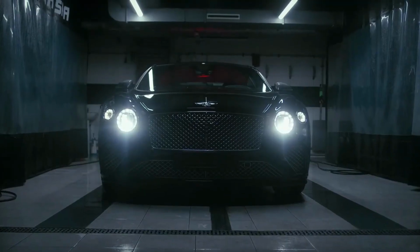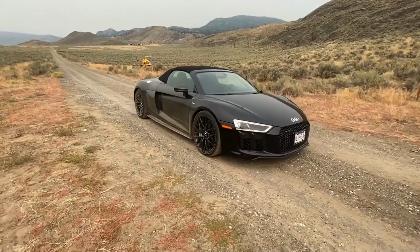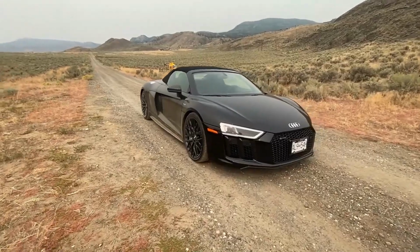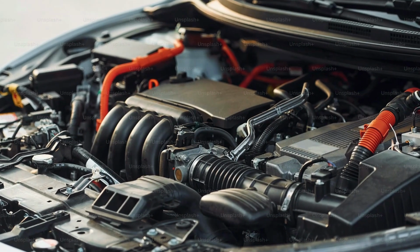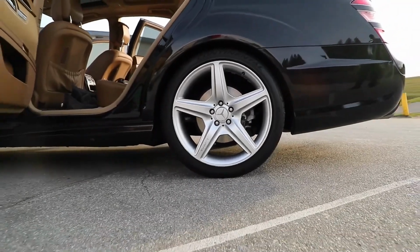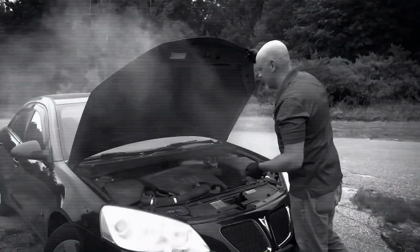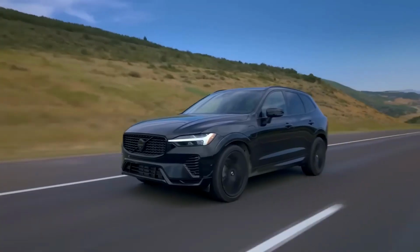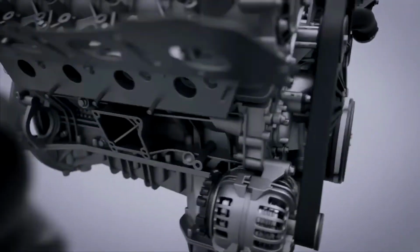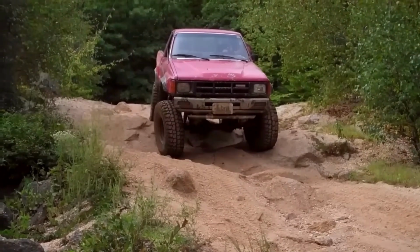Look, you want your car nice and toasty before you hop in, but if you're letting it sit there idling like it's a fireplace on wheels, you're not doing your engine any favors. In fact, you're slowly choking it. Because modern engines don't need long warm-ups like the old carbureted dinosaurs did. While your car sits there purring like a sleepy cat, it's actually running rich, dumping extra fuel to stay alive